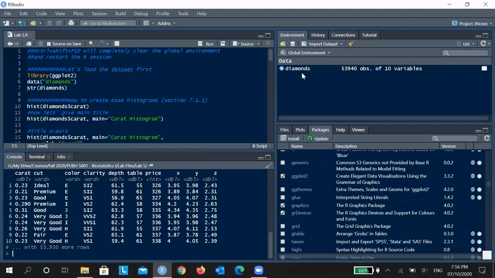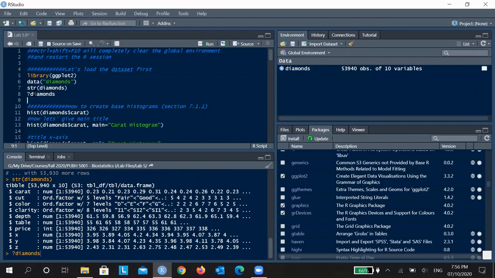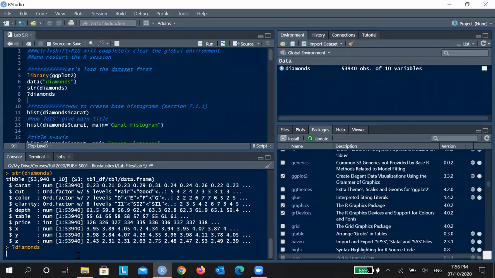Similarly, the better way, rather than just scrolling down, is to run the structure code, print the structure and understand that. However, you can also put the question mark and check the structures. I'll just save this in here as well. You can put the question mark with diamonds, so it brings you